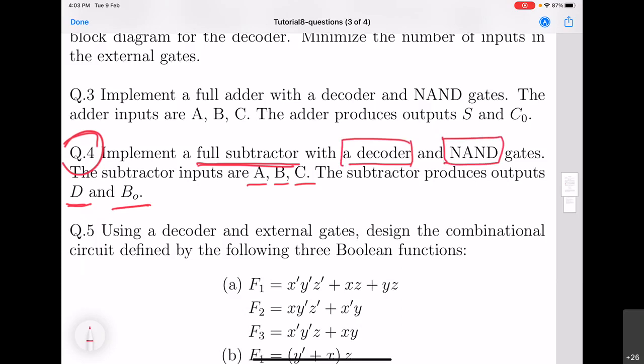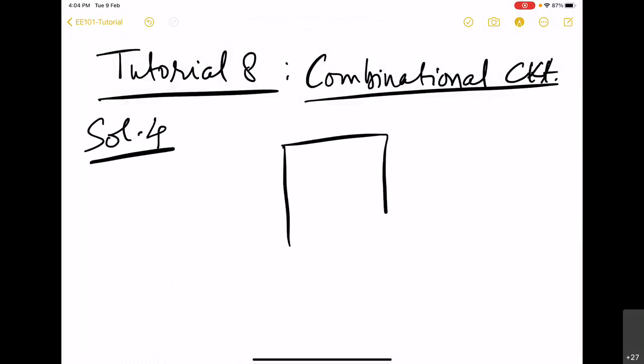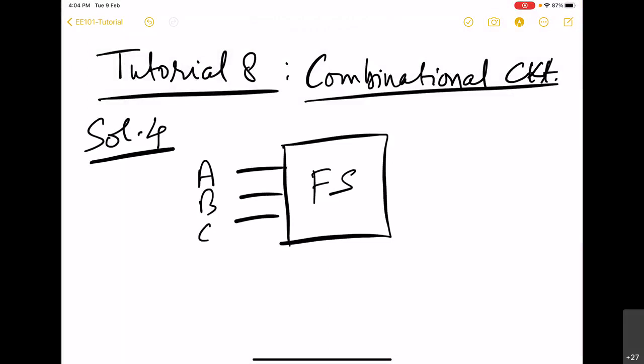Right? So in solution 4, what we have to do is design full subtractor, which will take inputs A, B, C, and it will produce D and B naught.